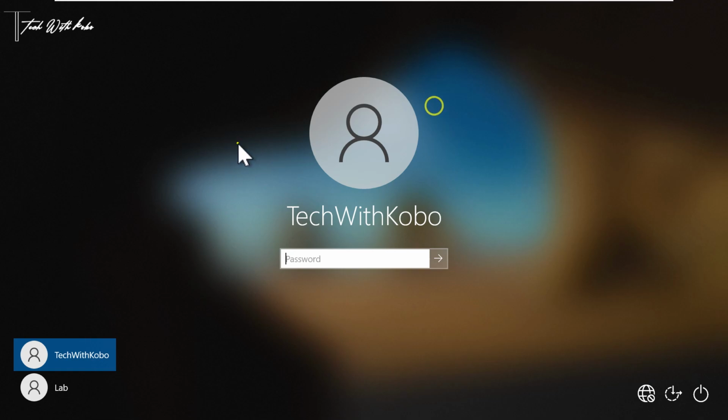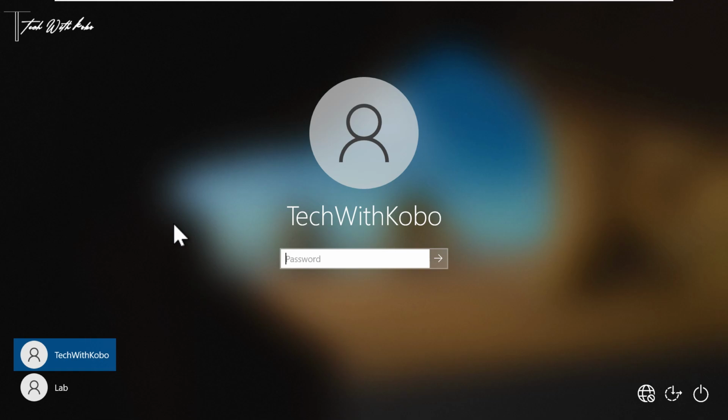Now, this is my sign-in screen of the Microsoft Windows 10 operating system. This same policy can be implemented on Microsoft Windows 11 as well. Now, you need the Pro or Enterprise edition of the Microsoft operating system before you can implement this policy, because it is available in Group Policy Editor, and Group Policy Editor is also part of the Pro and Enterprise edition. So when you use Home and the other editions, you are not going to have this policy available within those